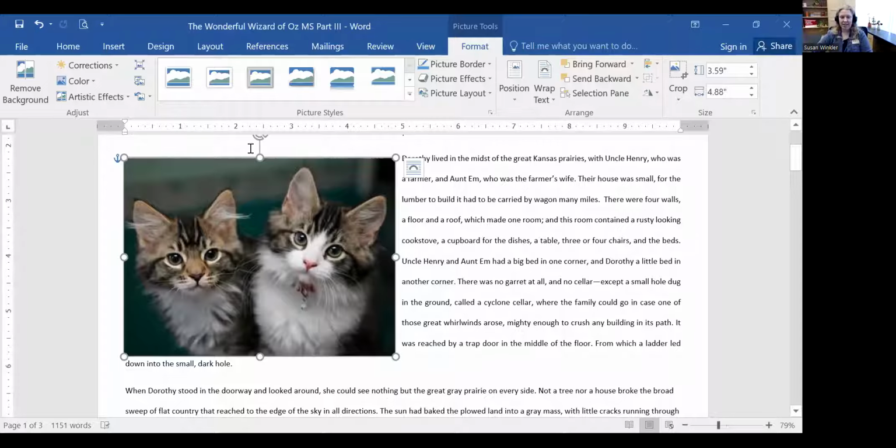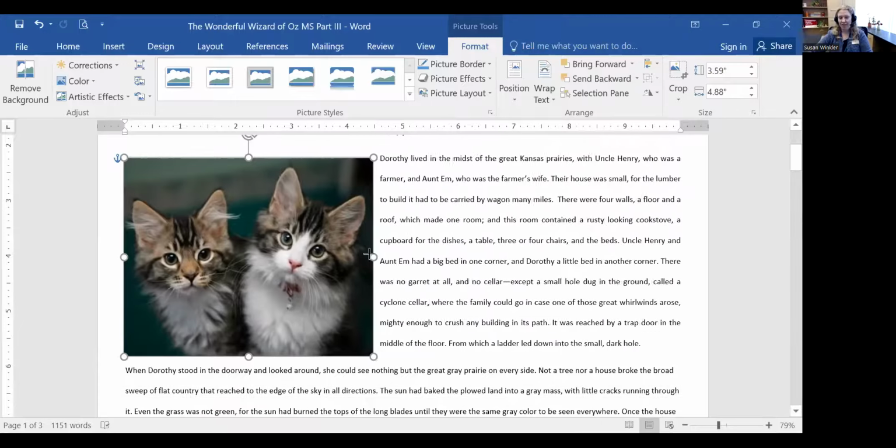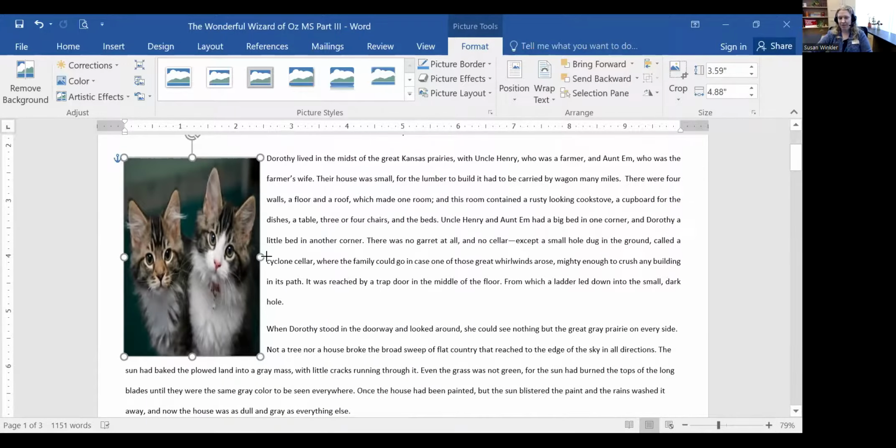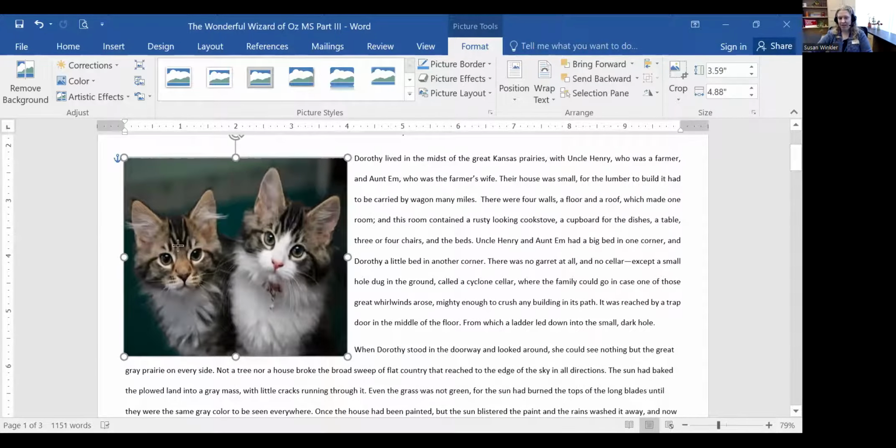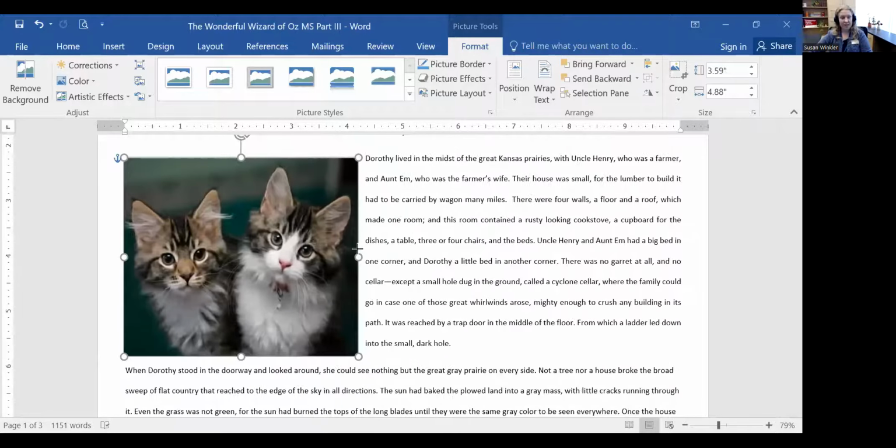So to resize your image, you can grab one of your little bounding boxes, these little white points, and then move to resize it. To resize it, I usually grab from down in the bottom right corner, but you could grab from any corner. If you grab in the middle, you see how it smooshes, skews the aspect ratio, so it makes it all smooshy like that. You can do that if you want,